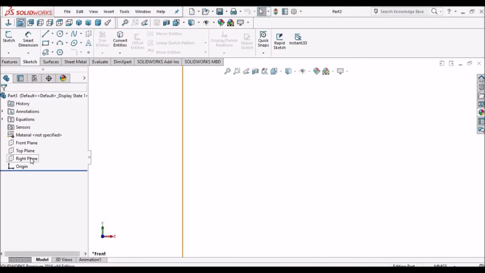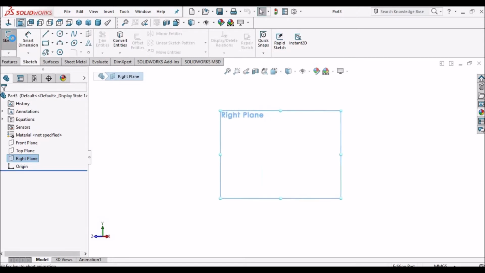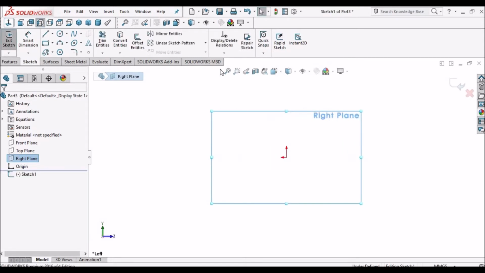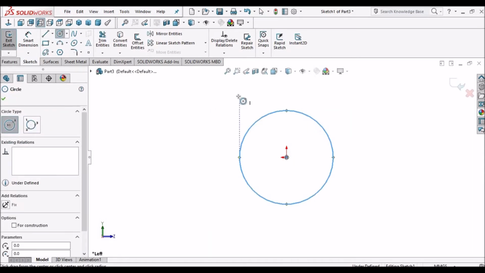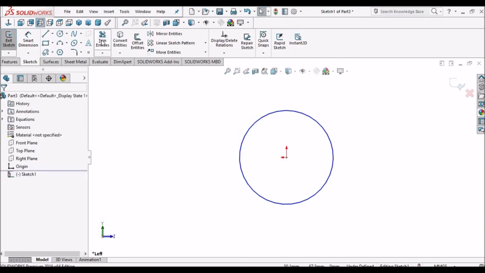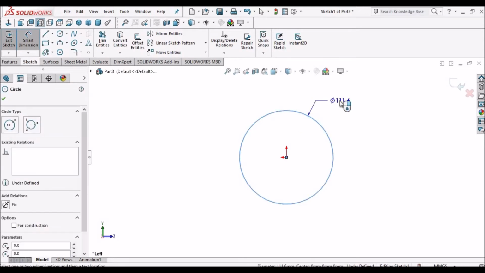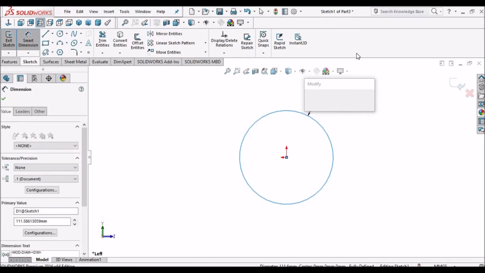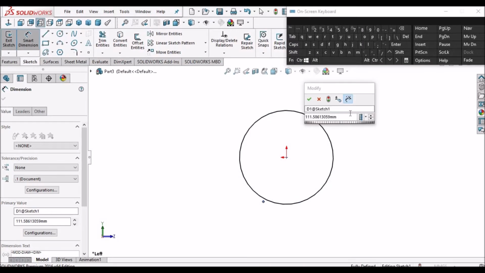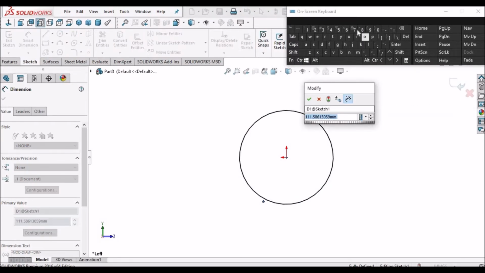So select the right plane, select the sketch and keep it normal. So this is 60.